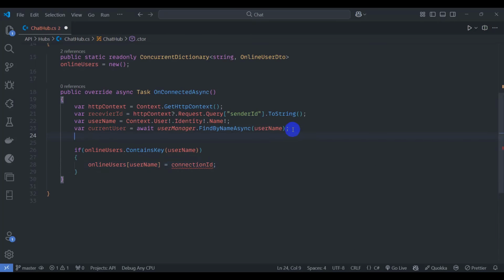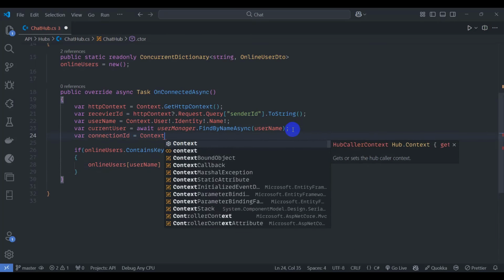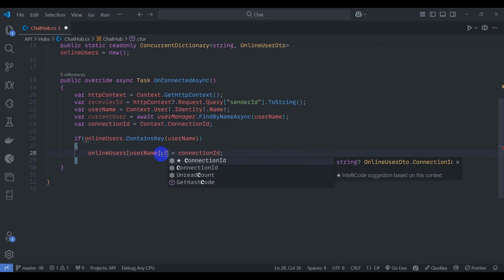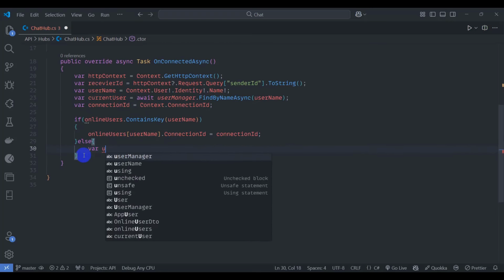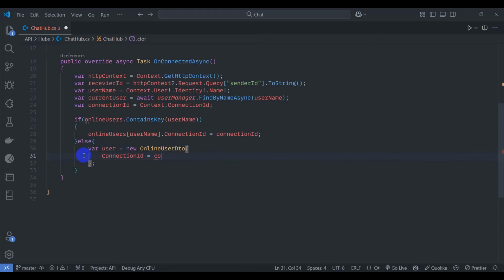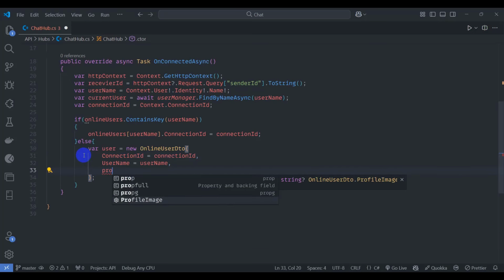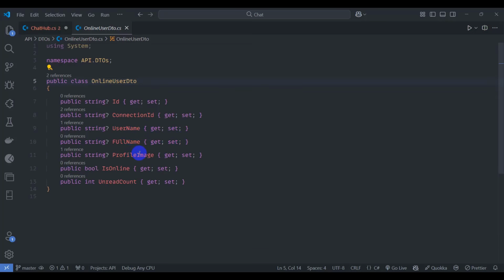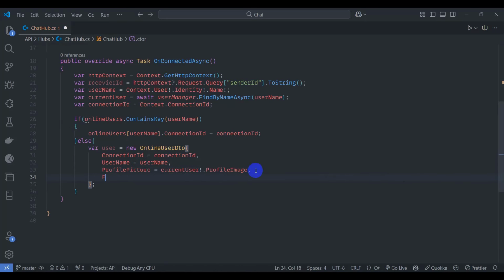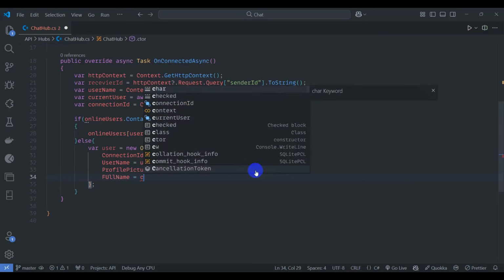Let's declare connection ID here, and from context dot connection ID let's add dot connection ID here. Let's declare user here, user, and new online user DTO. Let's add here connection ID and username. Profile image, let's make it profile picture. Close it and add here profile picture. Get from current user dot profile image, and finally let's add full name, current user